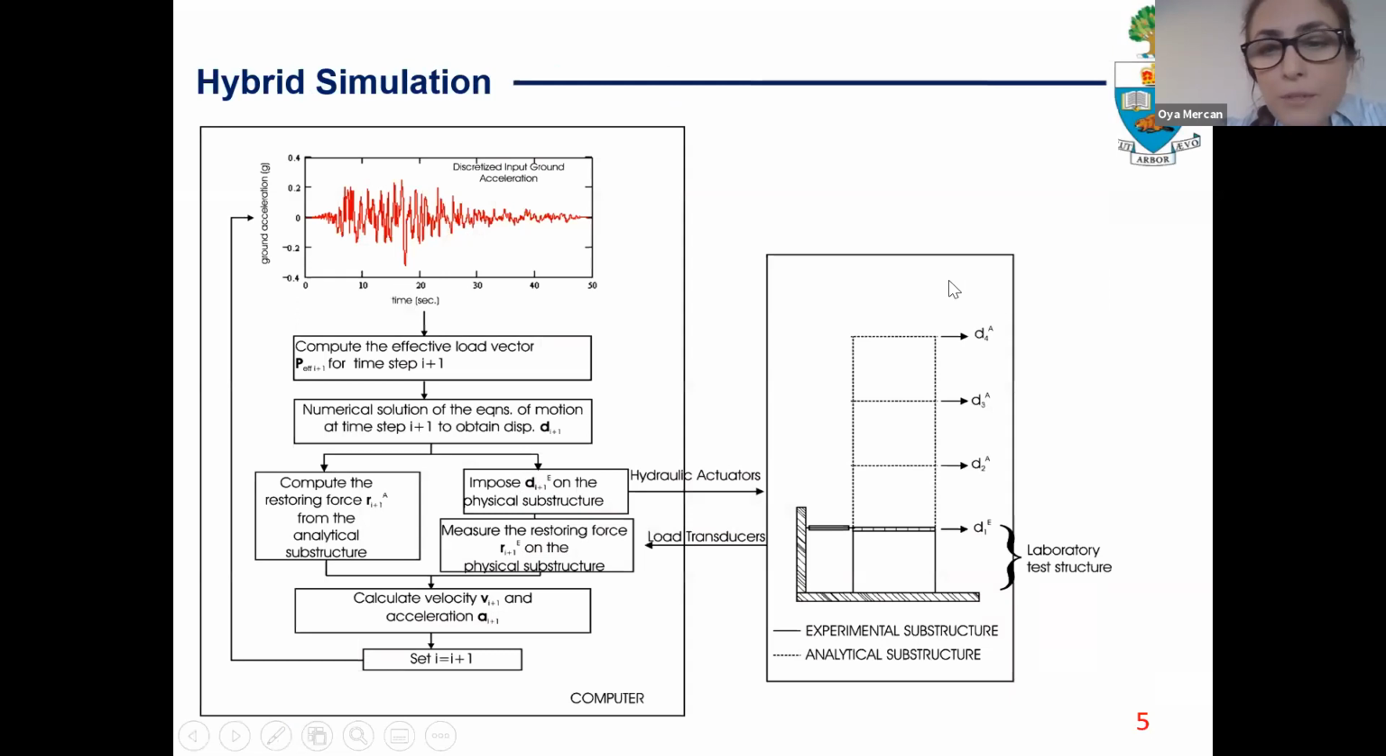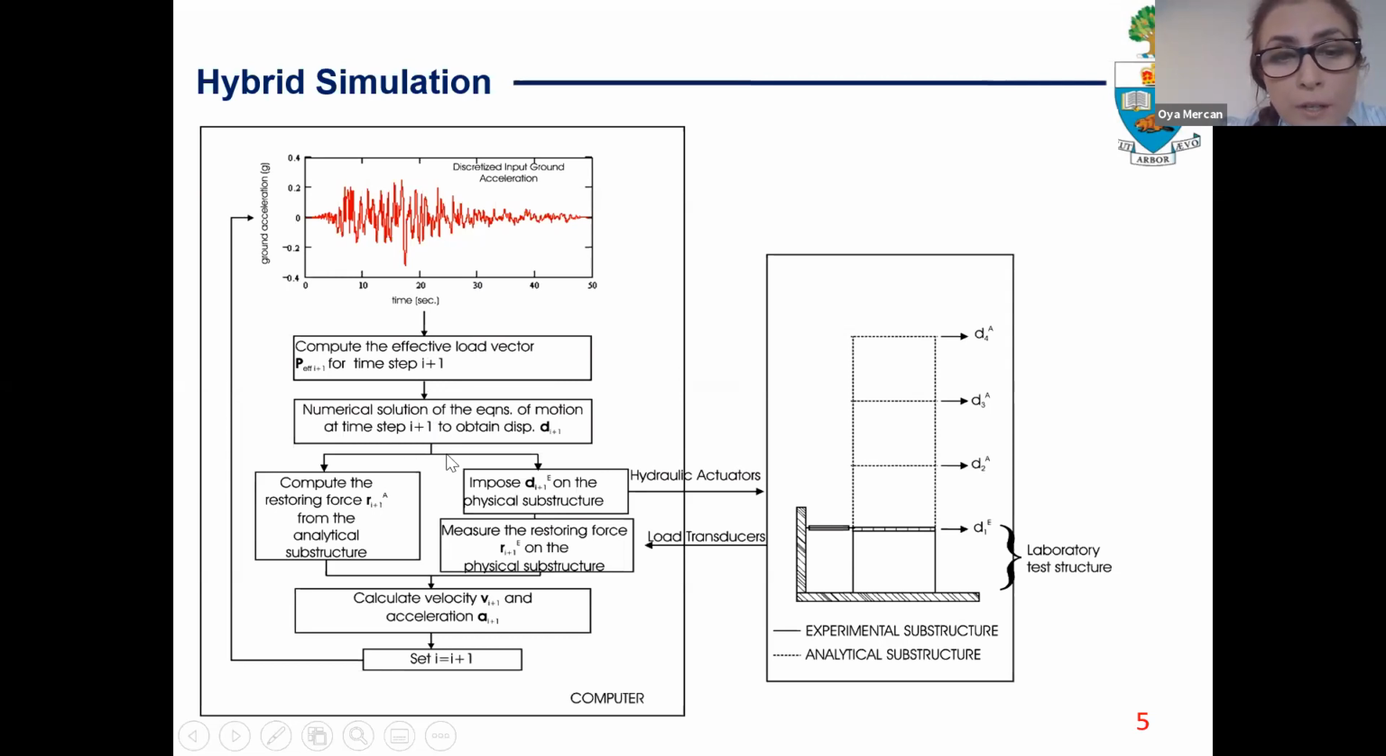When we extend it to hybrid simulation, the substructuring idea comes into the picture. And here you can see that the same 4-story structure is separated into 2 components. Part for which we have an experimental substructure to be physically tested in the lab is the experimental substructure, and part which is modeled in a computer is the analytical substructure. If you look at the left-hand side, we can see the implementation in the flowchart. The main difference is